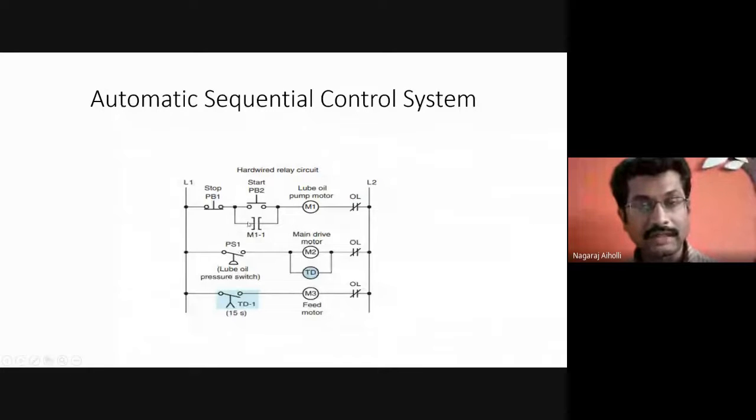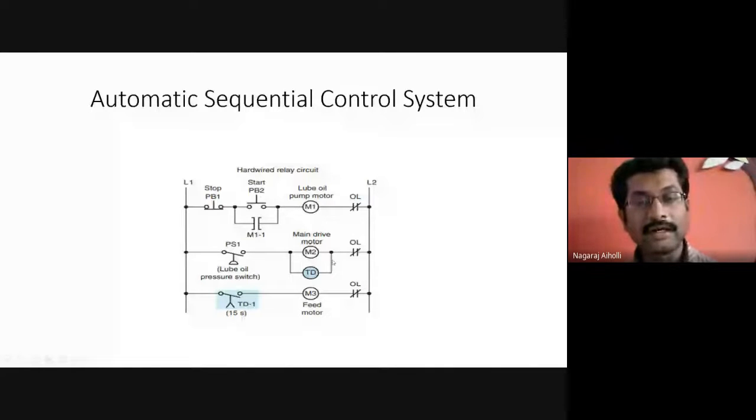So this will activate to seal in the current in ladder rung 1. It will maintain the current even after push button 2 has been released. Then once the pressure in this lubricating oil pump motor has reached a certain value, the lube oil pressure switch reaches a limit, and then what is happening? The main drive motor.